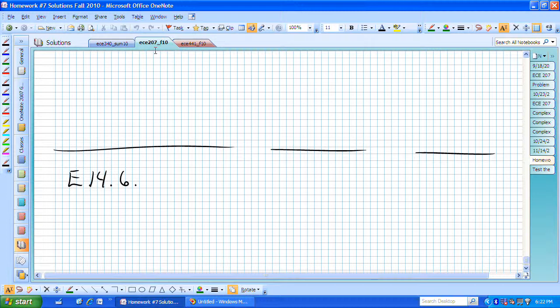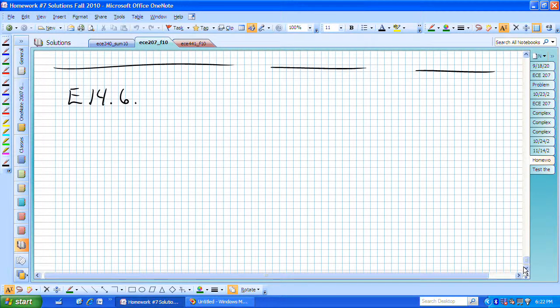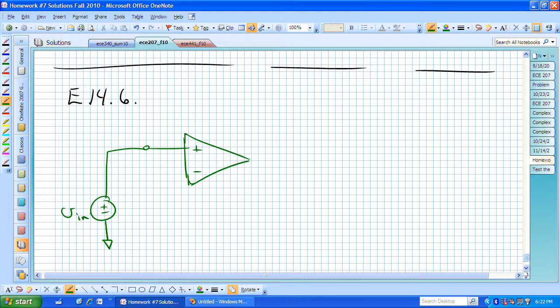Let's look at working exercise 14.6 in the 4th edition of Hambley. This particular problem is from figure 14.15 in the textbook. I'll sketch that. We have our op-amp with the positive terminal up top, and that's where the input is coming into our system. We then have a collection of resistors,